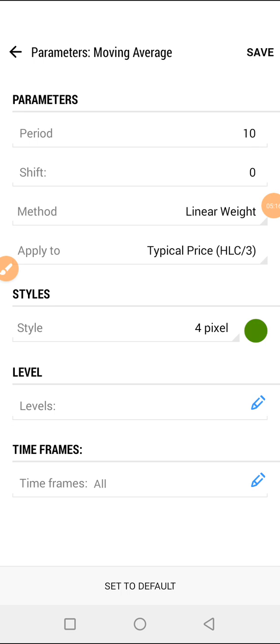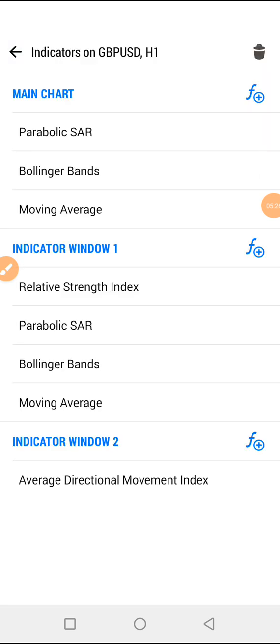This moving average is going to be different. It's going to have a period of 10, shift 0, linear weighted, and typical price. That means apply to typical price. You can use any style, that means any color of your choice for the style. Then the last window, which is window 2, is